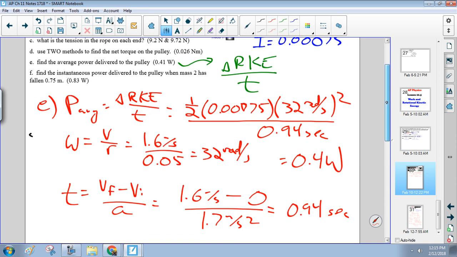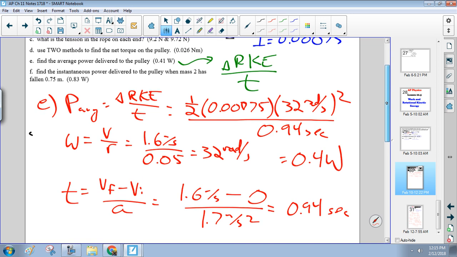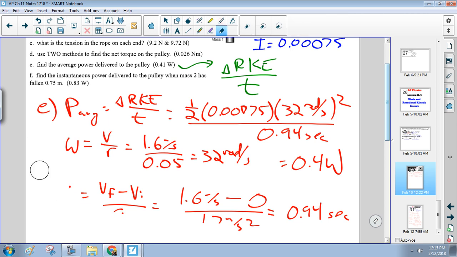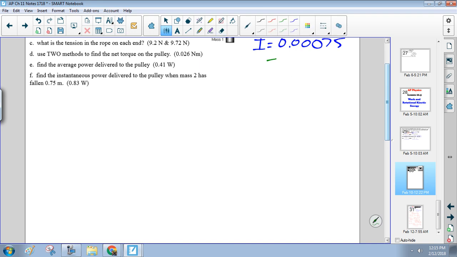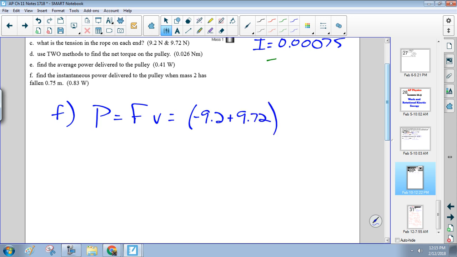And then the instantaneous power, well, I guess we just do force times velocity. So for the instantaneous power being delivered to it for part F, power is force times velocity. Our net force is negative 9.2 plus 9.72, times the velocity, which was 1.6 meters a second. So 0.52 times 1.6 gives you